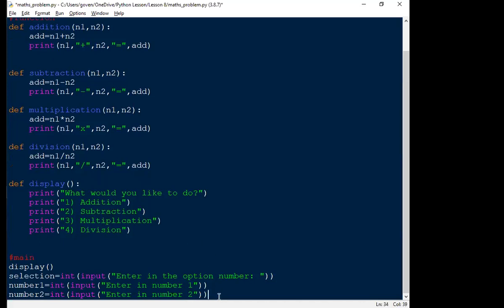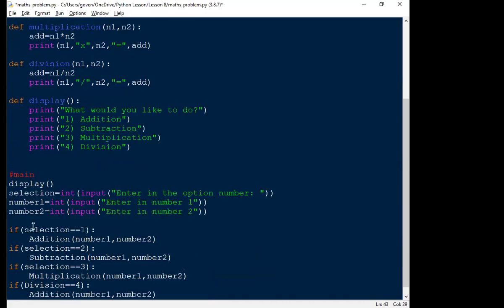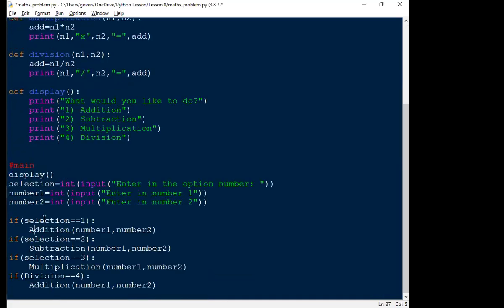Finally, I'm going to write out my if statements to do those calculations, because if they enter option 1, then I need to do addition. If they enter option 2, I need to do subtraction, 3 for multiplication, 4 for division. And I'm just going to pull over my code. We have it done. There we go. So if the selection is equal to 1, then it's addition, so I need to call up addition. And I think I spelled it with small letters there. All right, so addition, subtraction,